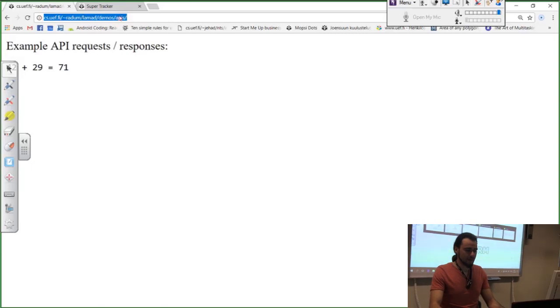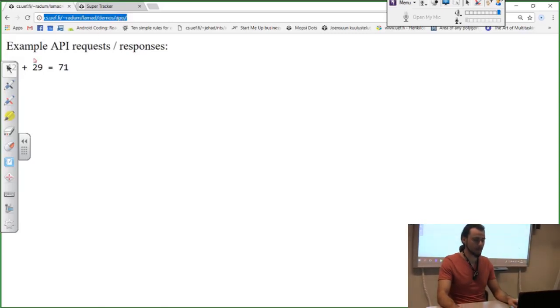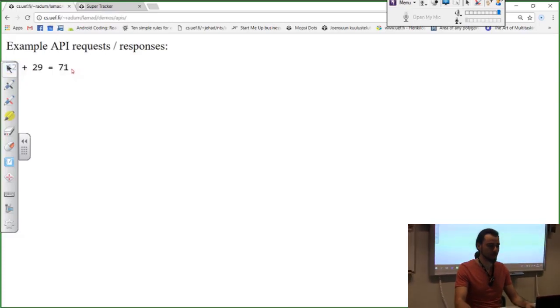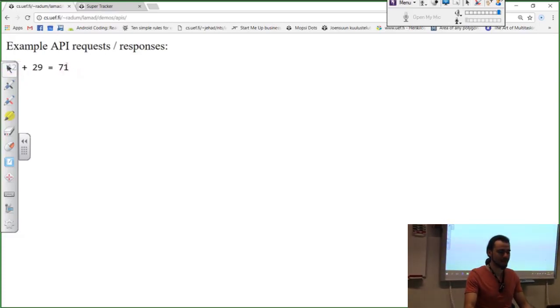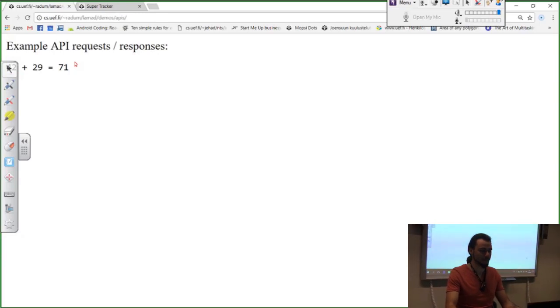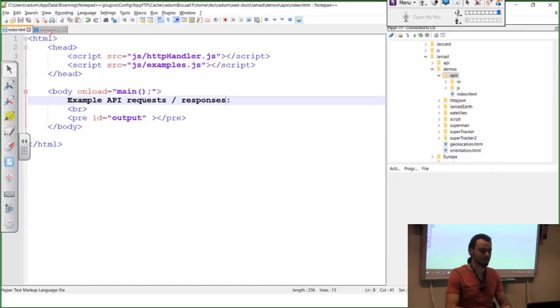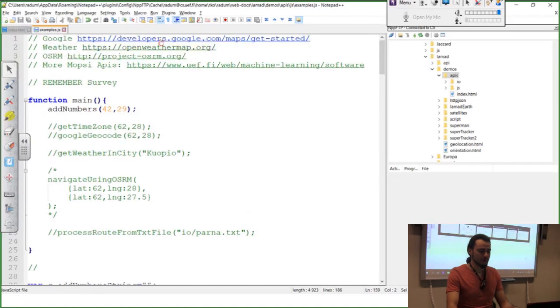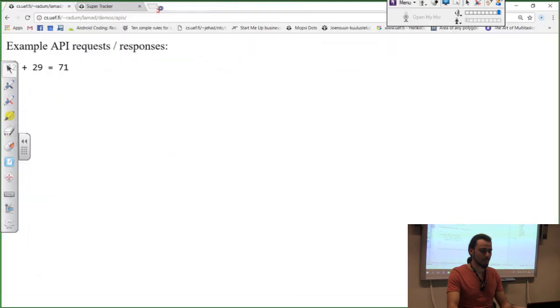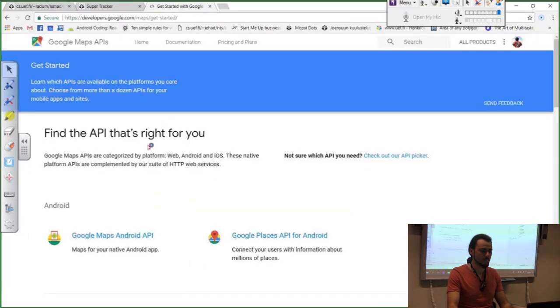For that, I have made here a new web page, a new project, and our addition from yesterday is still working. So I'm going to keep it as an example, a call to my own server, and the response for adding two numbers. And any new update that we will add, I will add it here. So this page will contain calls to many different services, and we will try to demonstrate how they work. So the Google services